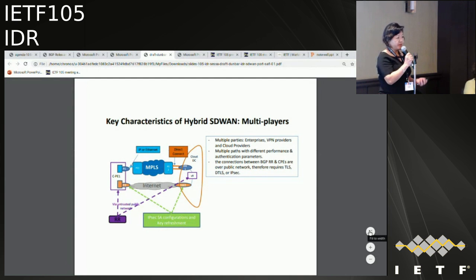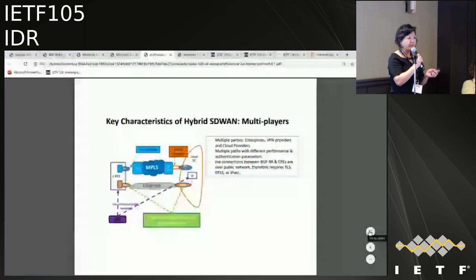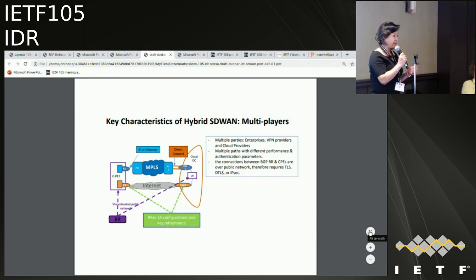Okay, so the key things about SD-WAN, I presented this briefly in the RTG working group on the problem statement. You're talking about multiple layers. You have service providers with the VPNs, you have the ISPs for the internet connections, and you have cloud providers offering connection from their gateway to your virtual router, and you have your